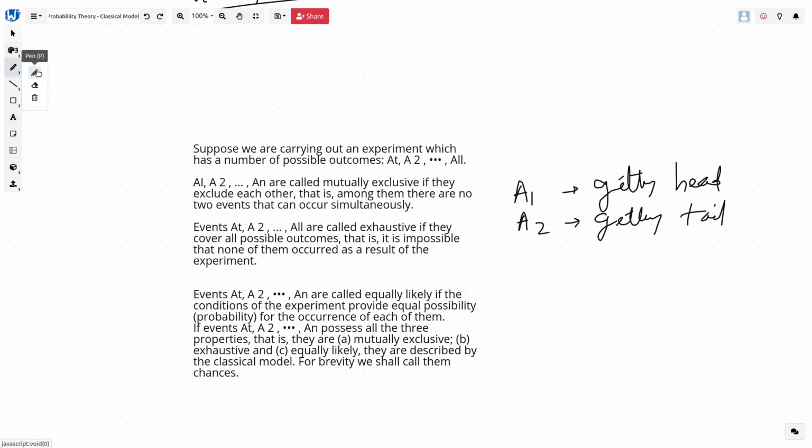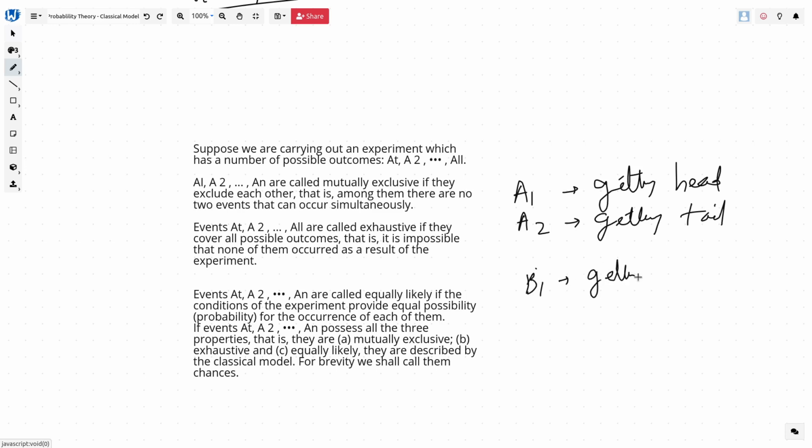Again, A1 is getting head on a flip of a coin, and A2 is getting tail on the toss of a coin, right? If you add these two, you will exhaust all the options, because either you will get head or tail. The total number of outcomes which can come from tossing a coin is either getting a head or getting a tail. Let's take a few more examples. When we roll a dice, we define B1 as getting 1,